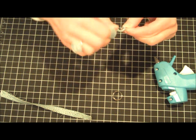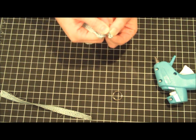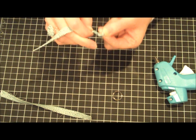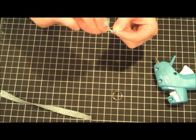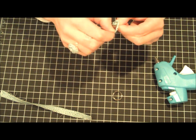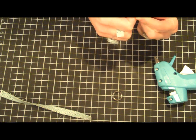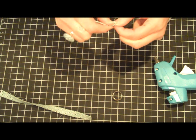All you're going to do is have it curl up on itself. So I hope you can see that okay in the video, but once you twist it, you'll see what it actually wants to do. And you're still going to hold on to that little lip, okay? And you're just going to go around and around. You can play with it a little bit. And don't worry about all your little stringies, because when you're done, you can make her pretty at the end. You can snip off a little bit. Okay, so